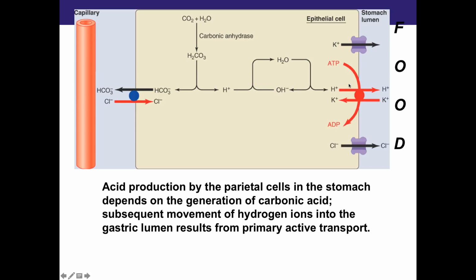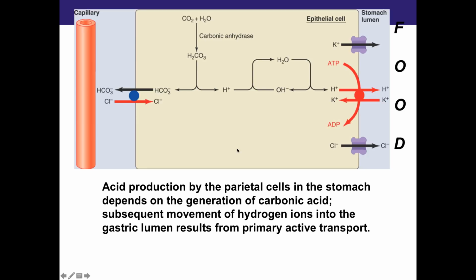And it's this proton potassium pump. It's a primary active transporter because it requires ATP, and it literally pumps protons into the stomach lumen, and this potassium channel just makes sure that the pump keeps working. All right,